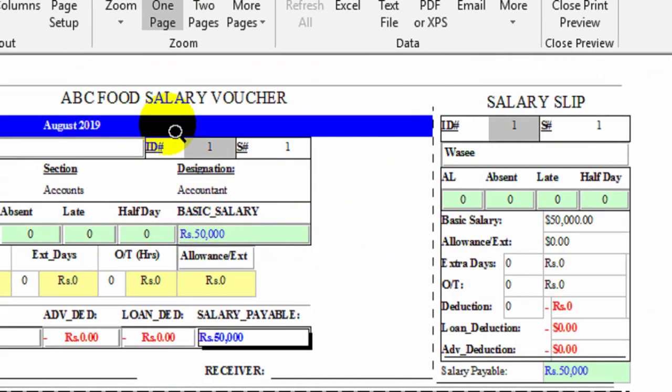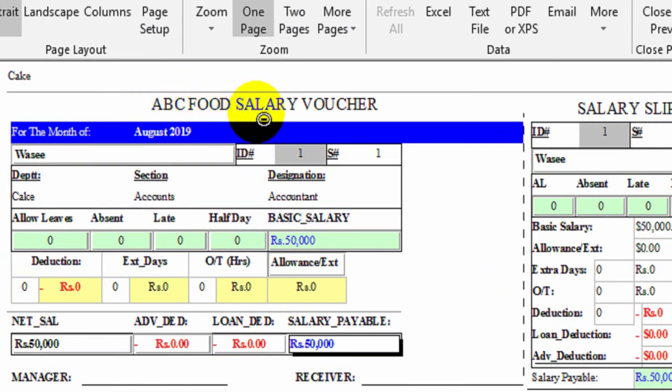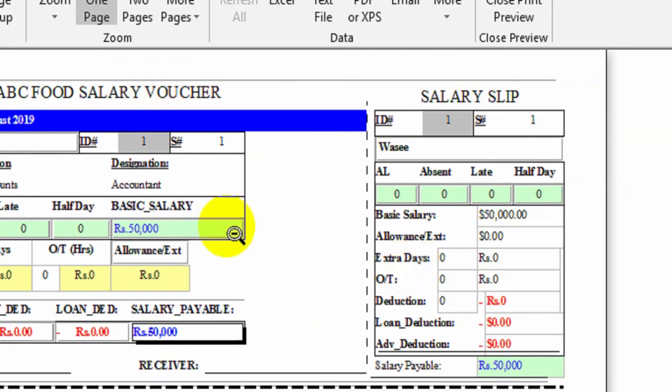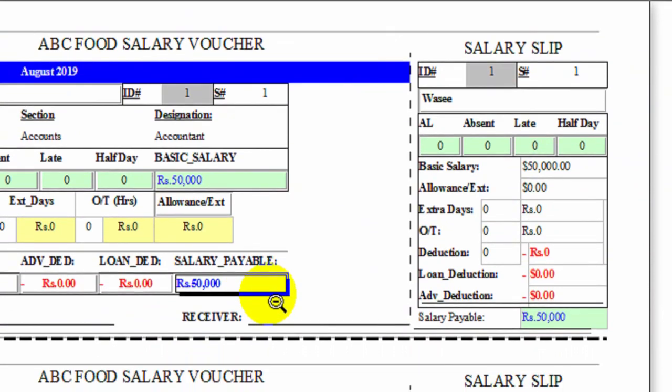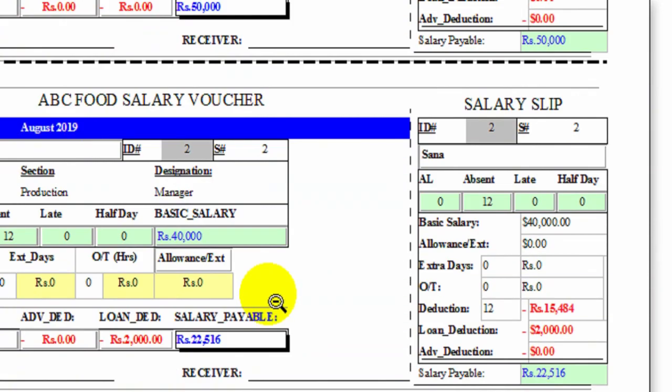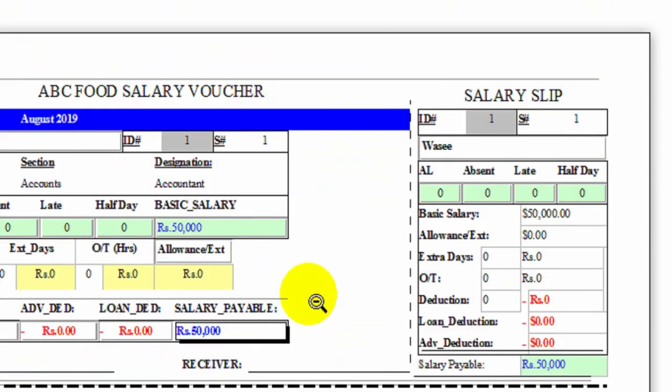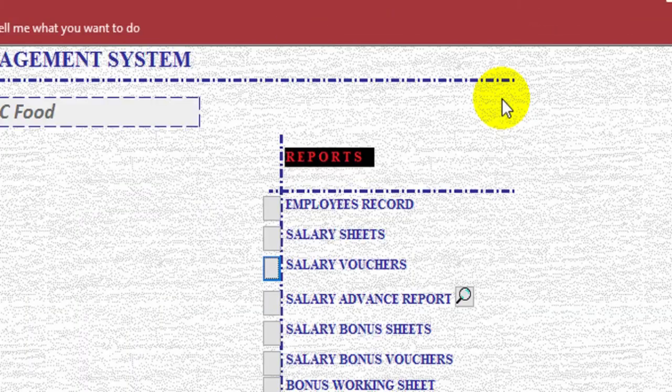If you click on preview, you can see over here ABC Food salary voucher, salary slip for employee, and this is the voucher. You can print it, detach it, and keep it for your record.